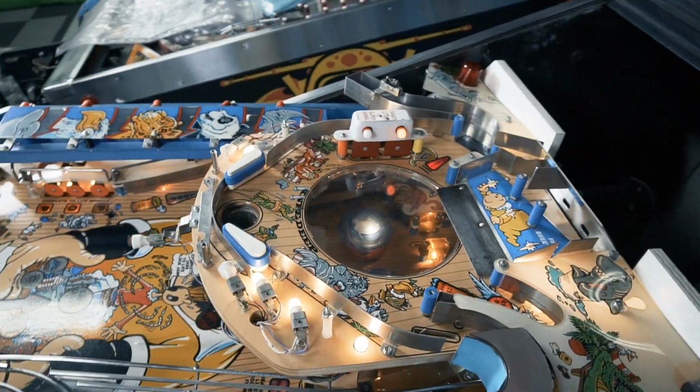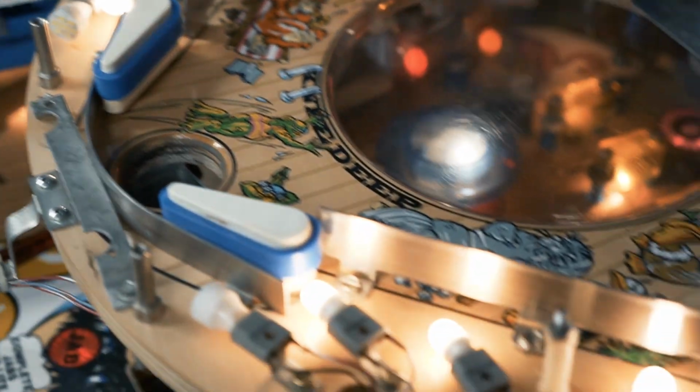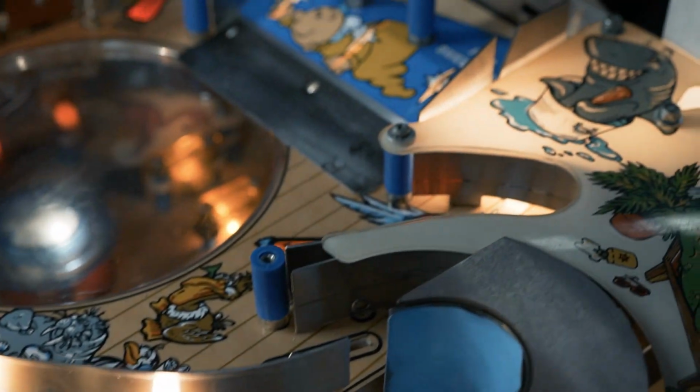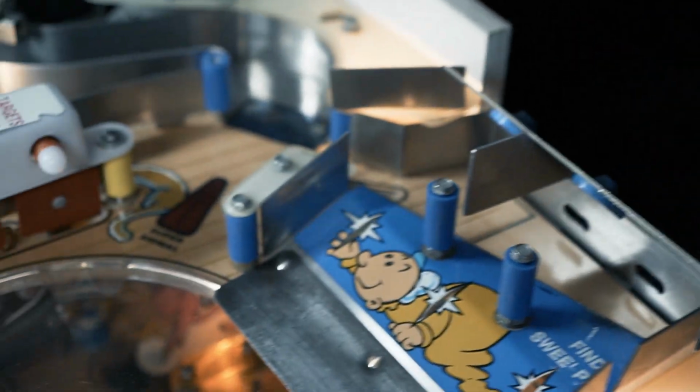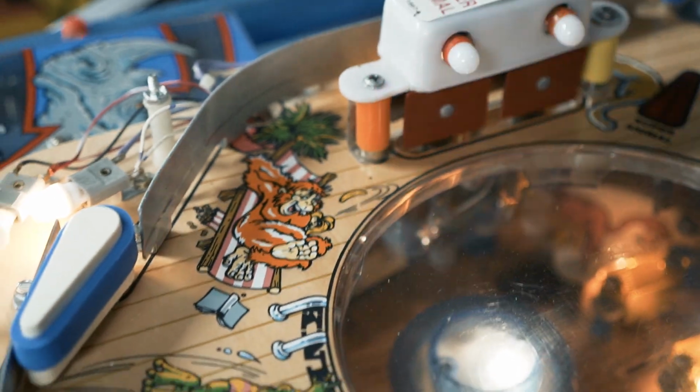So a little progress update here. We've got the mini playfield done. Went ahead and replaced the rubbers, changed it all to LED, and there was all sorts of leftover gunk from